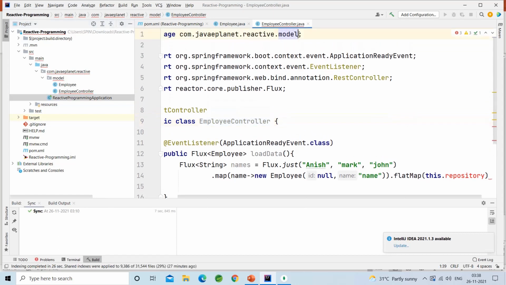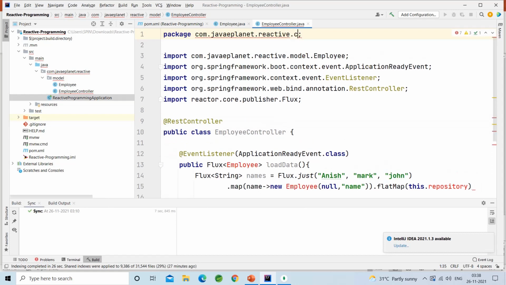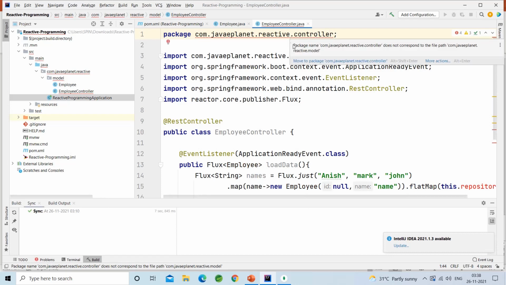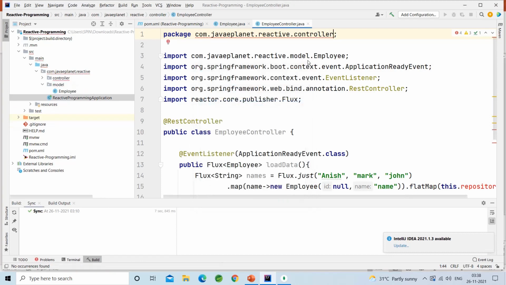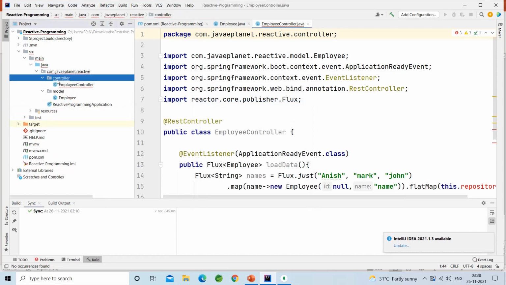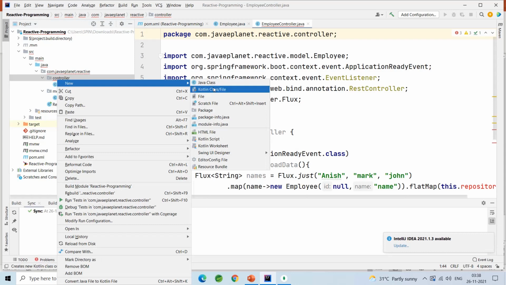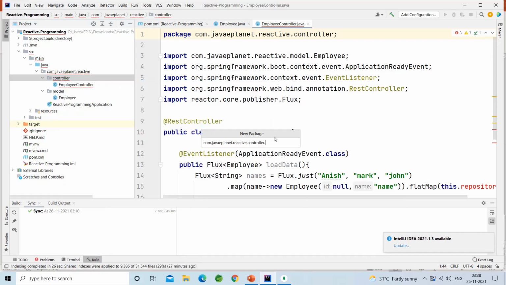Keep this in the controller. New package, repository.